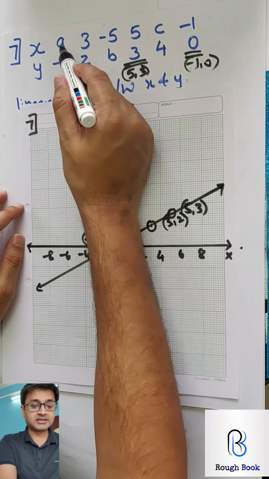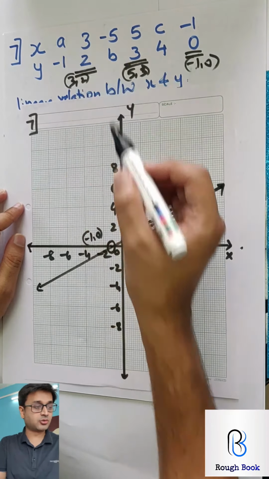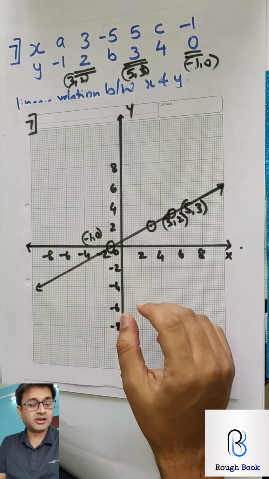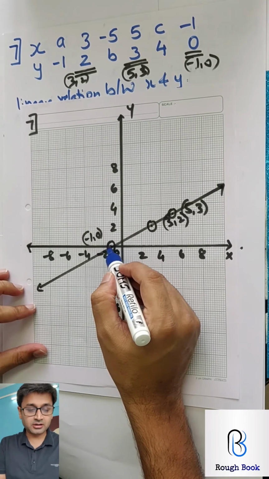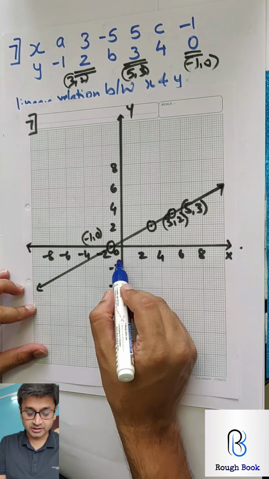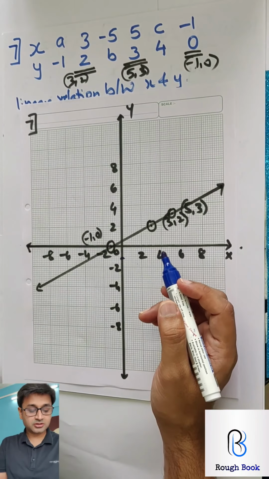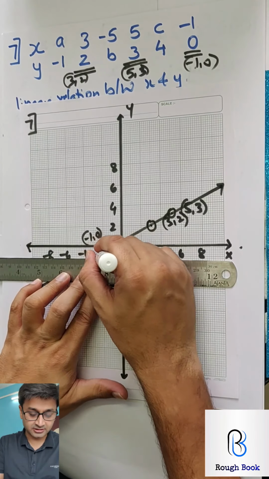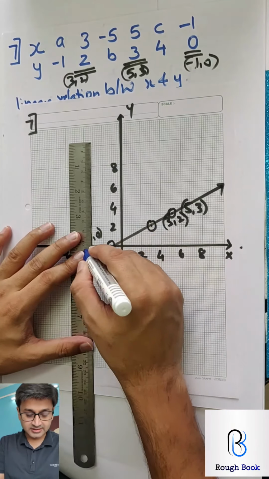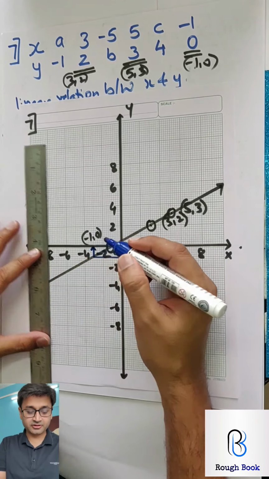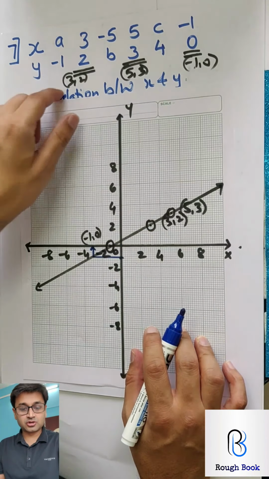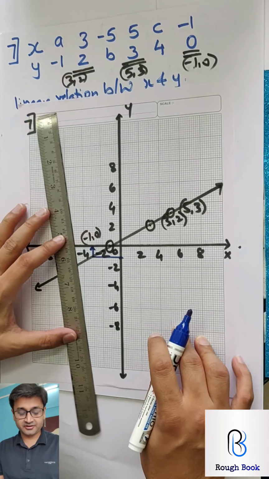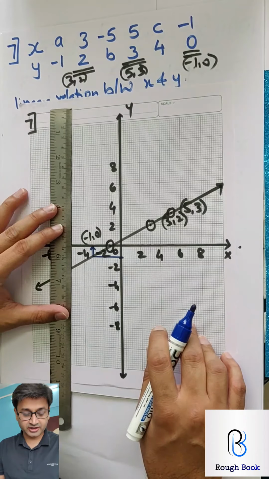Now x is A and y is minus 1. So take y as minus 1 and draw for x to get the value of A. So here it is y as minus 1. So if I draw y as minus 1, I think I should get the value of x as minus 3. Yes, minus 3. That's the first one. So let's draw all the three, then we will write on the sheet. X has minus 5. So x is minus 5, which is here.